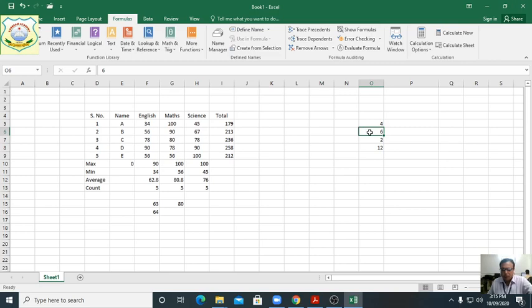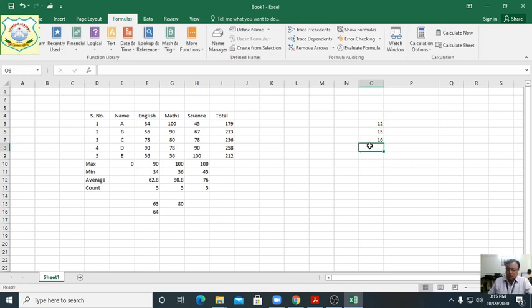Suppose we have written 8 here. See here, there are changes. 8 will come. LCM of O5, O6 and O7. Take another example here, students: 12, 15 and 16.